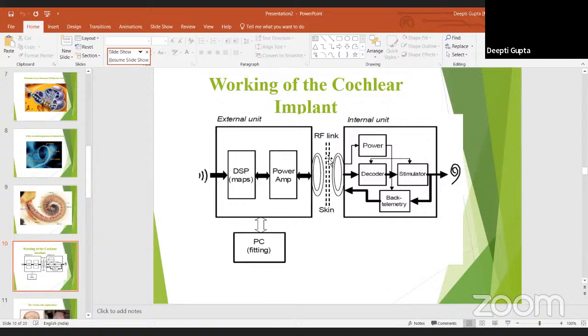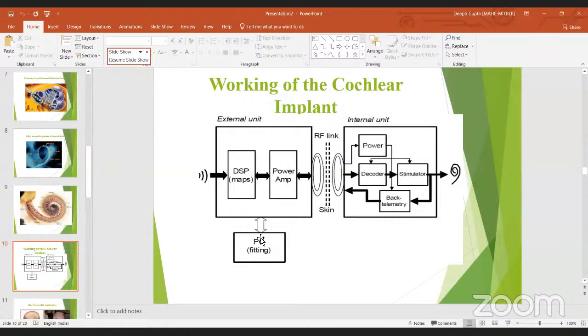So it converted into the bits form. Bits conversion is also required, because we are sending the data into the RF link format. Then it goes to the inner part of the ear. And before that, one more important thing is the PC fitting. What is this PC fitting? PC fitting means we can say that